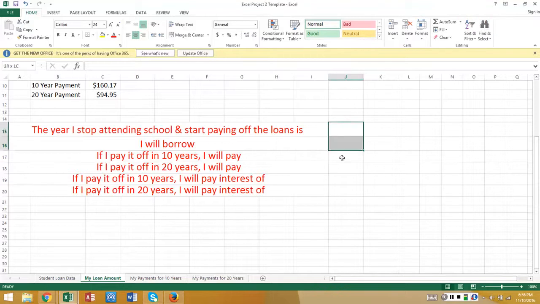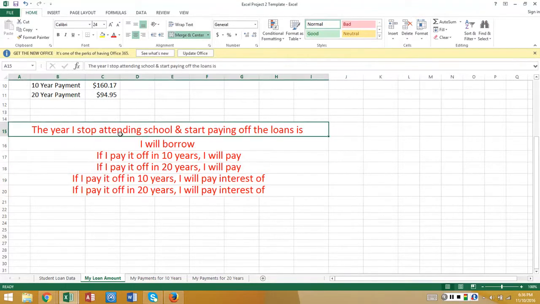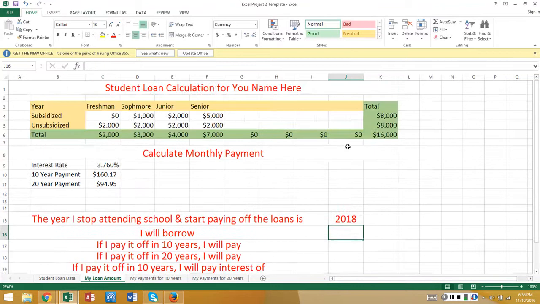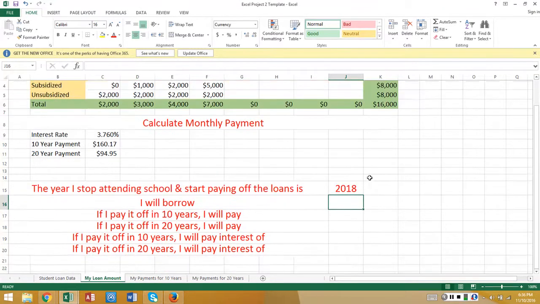Next, we are going to be filling out these boxes. So, the year I stop attending school and start paying off my loans, if I graduate on time, should be 2018. I will borrow 16,000, so I can either type it in or just do equals K9, K6,